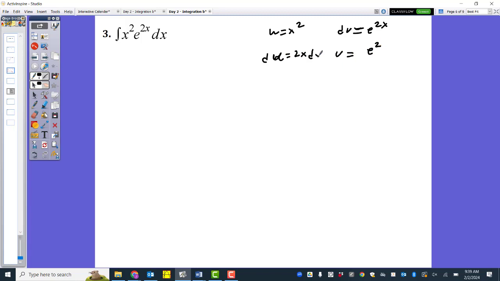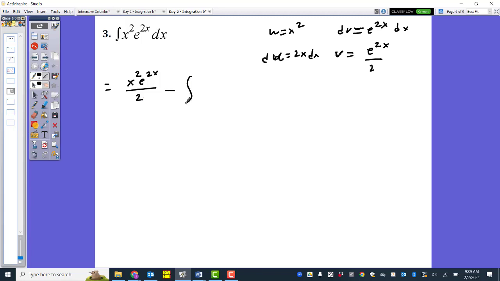And this is where doing these in your head becomes important, because normally e to the 2x, when we integrate it, would be a u substitution. But we want to do that in our head. We don't want to be trying to do a whole separate u substitution just for our dv. So e to the 2x over 2 is our v. We'll multiply them together. We have x squared e to the 2x over 2,